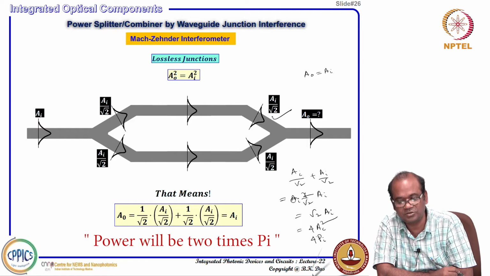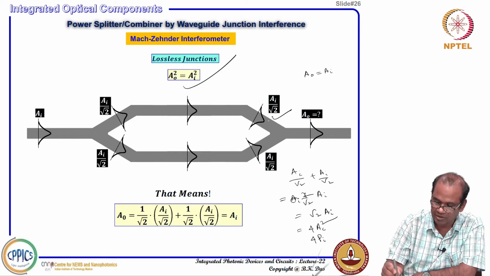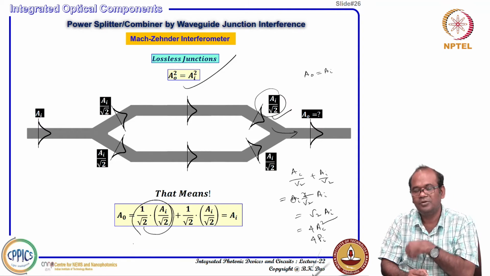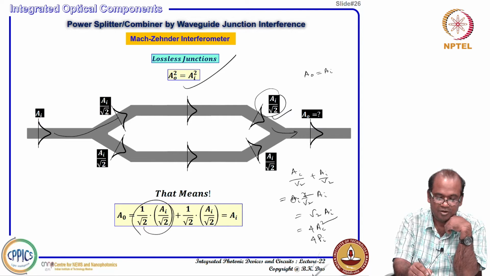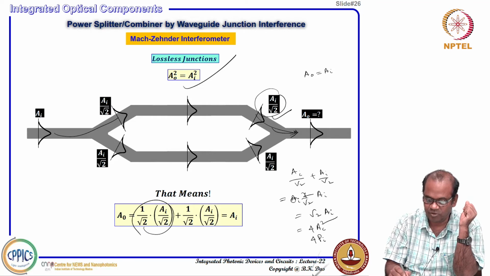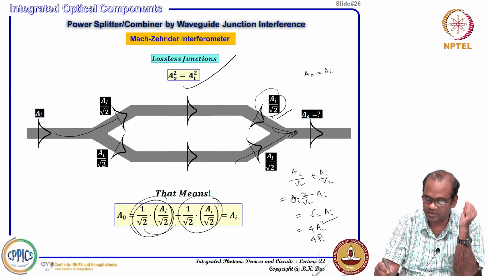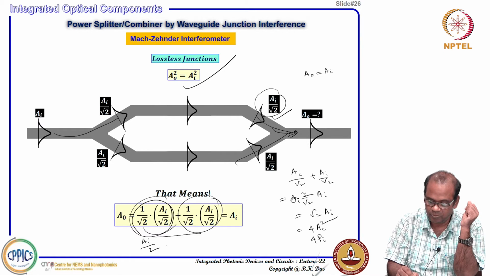Where will that power come from? Energy conservation fails. So, if it has to work, then whatever is coming into here will be 1 over √2, again a √2 fraction. So, from here to here the transfer function is 1 by √2, and here to here again is 1 by √2, and here to here is also 1 by √2. So 1 by √2 here and 1 by √2 times will be added there. Then if you add them, this will be 1 by √2 times AI by √2, that means AI by 2 plus AI by 2,